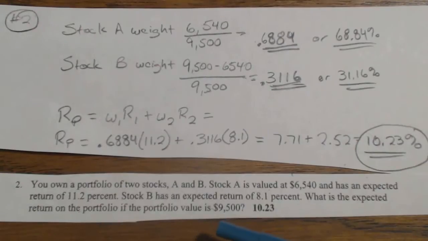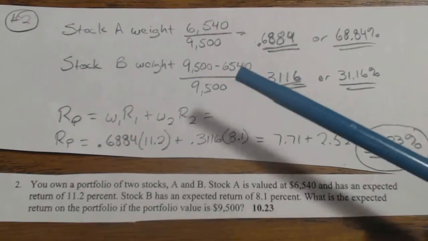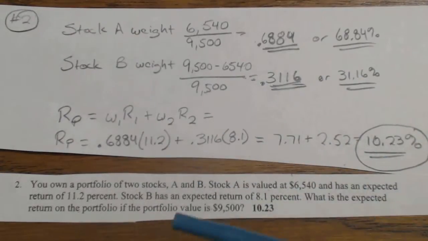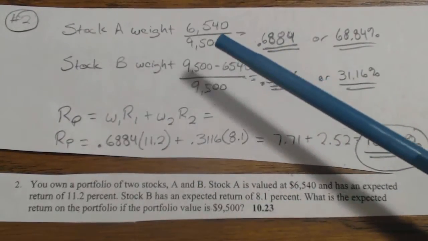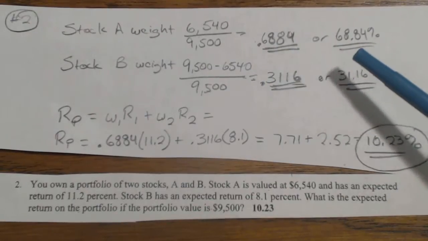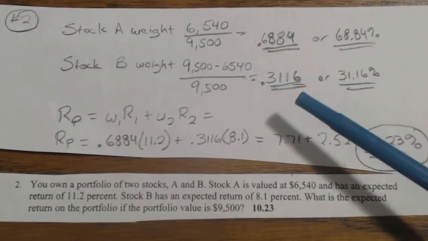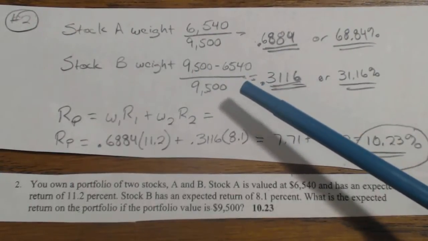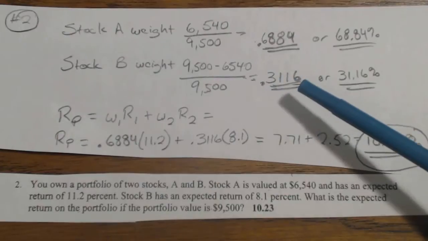Okay, they didn't tell you the value of stock B, but all you got to do is the total value of the portfolio is $9,500. So you subtract the $6,500 to get the weight of stock B, because you need the weight for each one of these. So stock A is $6,500 over the $9,500, so it's 0.6884 or 68.84%. And then stock B is just the 9,500 minus the 6,540, the balance over the 9,500, so you get